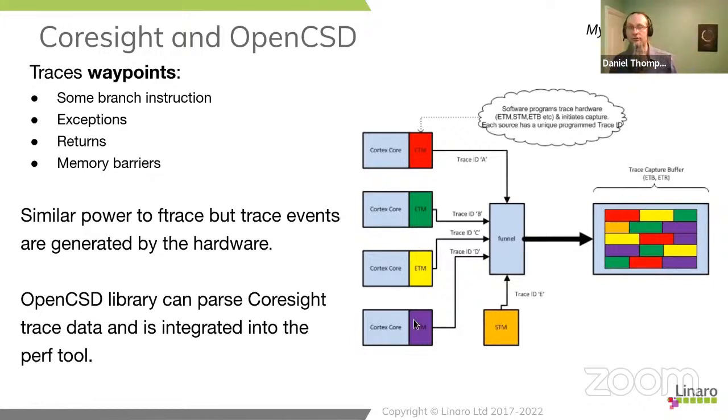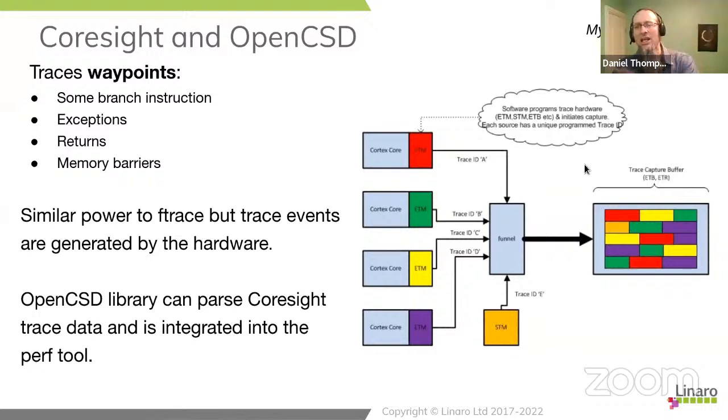And it is fully integrated into the trace tool. So if you have a kernel in which CoreSight has been properly enabled, and you have an appropriate piece of hardware on the outside here to store to memory, CoreSight is quite interesting because vendors have a lot of control of how it's been implemented. So the ETM is part of the hard macrocells for the Cortex core. So if you're not an architecture licensee, you almost always have an ETM. But how your CoreSight system is integrated after the funnel can vary. It's up to the vendor how they implement it. So they may or may not have means to exfiltrate it via the various different mechanisms.